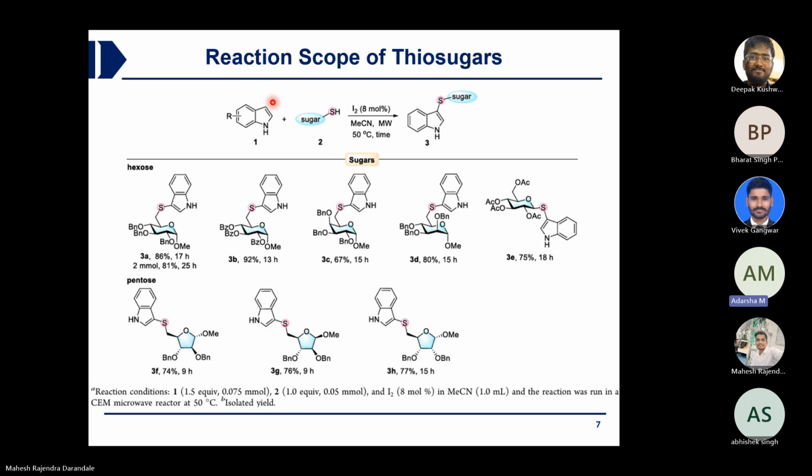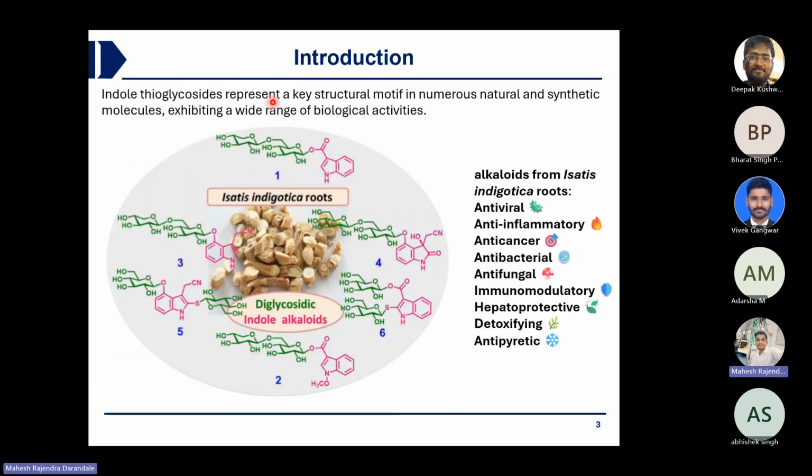So, my question is, can you go to that initial slide where you showed your natural product? Here you can see all the products they have shown. I don't know why they showed the oxygen glycosides, while they are going for thioglycoside and have shown only two examples of thioglycoside. That itself is not very convenient. They should not show the other examples. And go to the title slide.